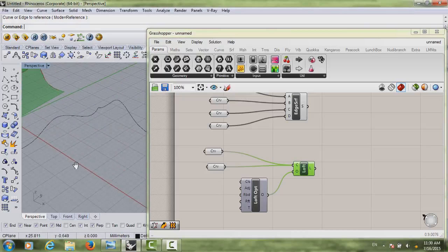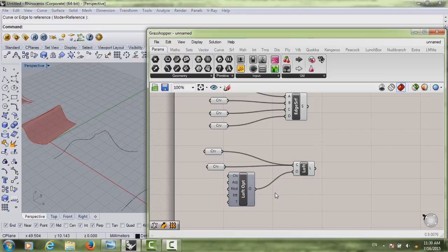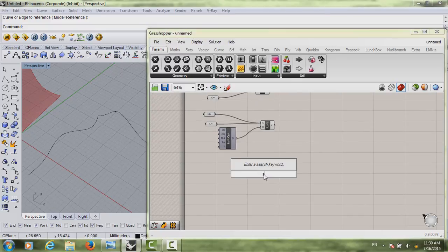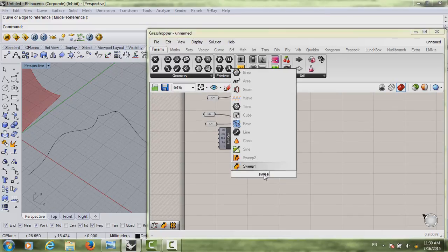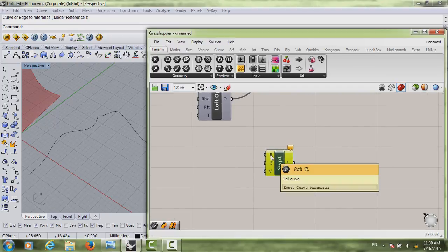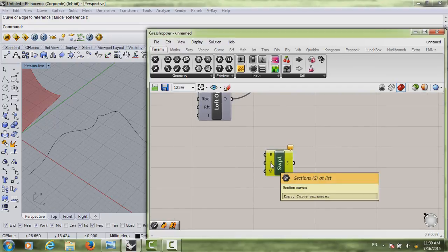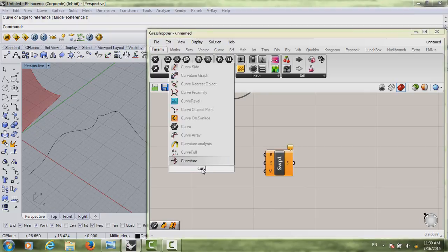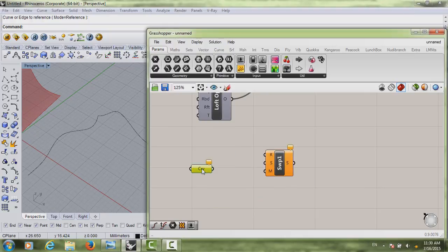The third one is the sweep. For this one, we're going to use a sweep. What the sweep is, is you have two curves, and you want this curve to be swept along a certain rail. So if you just double click and type in sweep, we're going to use sweep 1. It needs a rail curve, and it needs a section curve. And if you just double click and write curve and get another curve,